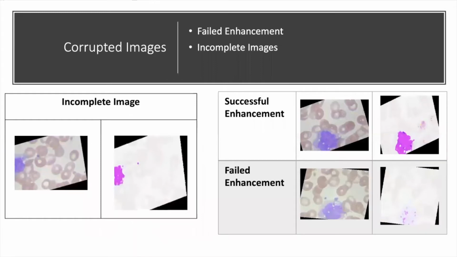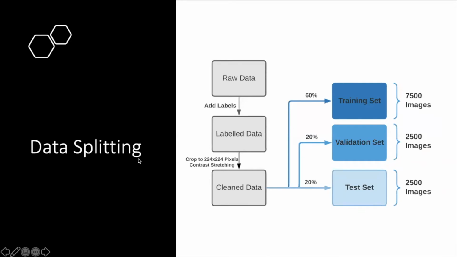However, there are some corrupted images in the dataset. Some images are incomplete and some images fail in the contrast stretching. As a result, the structural features of the nucleus completely disappear. We eliminated most of the corrupted images, but it is hard to guarantee a perfect dataset due to the large amount of data. Later on, we split the dataset into training, validation, and testing data to train and evaluate our